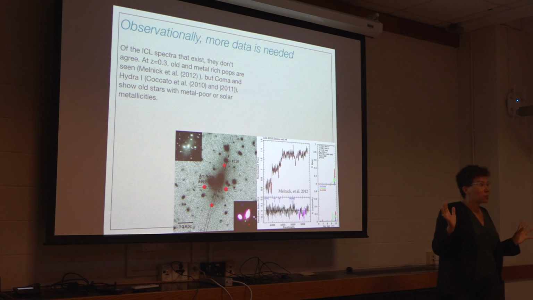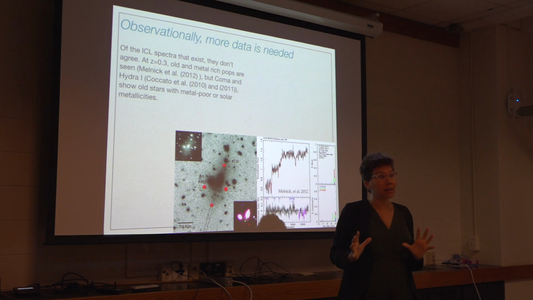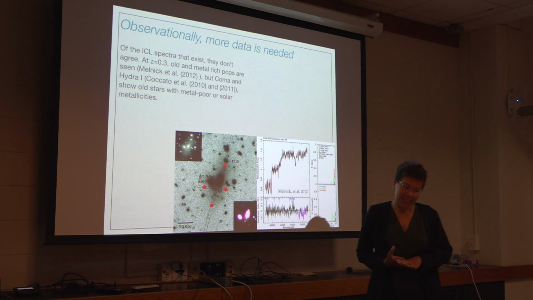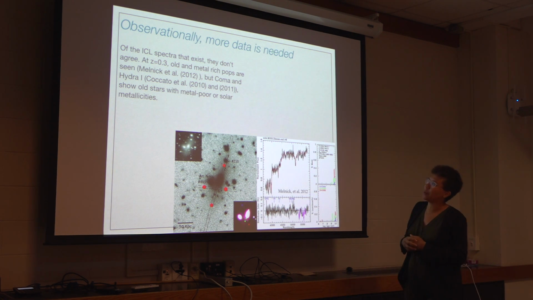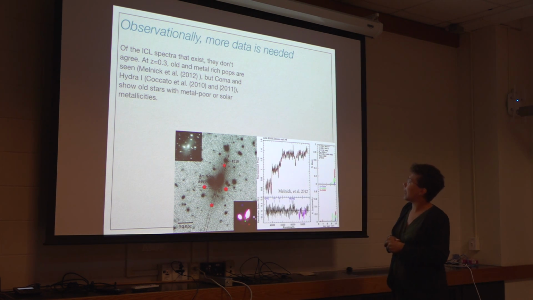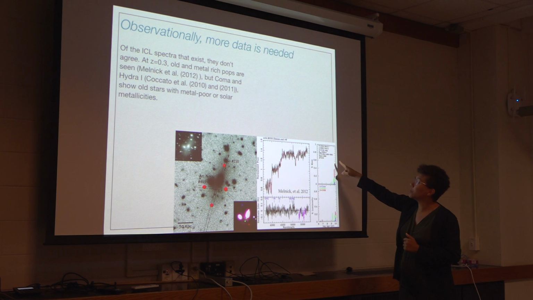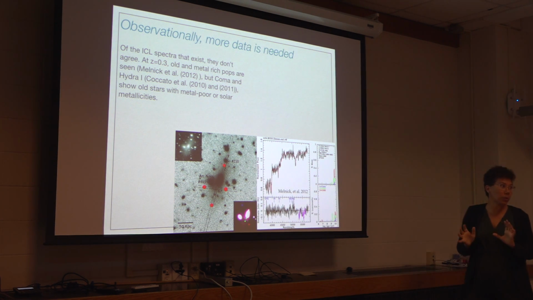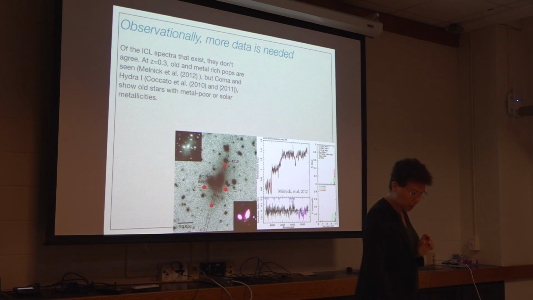We can critique the observations, of course, as well, right? We need more observationally. To get a spectrum of the ICL is really hard, because it's very faint. And up until recently, there's only been a few really good spectra, and they haven't necessarily matched. So I'm showing, for example, a spectrum from Melnick from 2012 that shows that the best fit to their ICL spectrum is old stars that are metal poor or have solar metallicities. But this is in contrast to some other spectra that are out there for Coma and Hydra, which show metal-rich populations. Oh, I think I did that the wrong way, sorry. This one is metal-rich, the others are